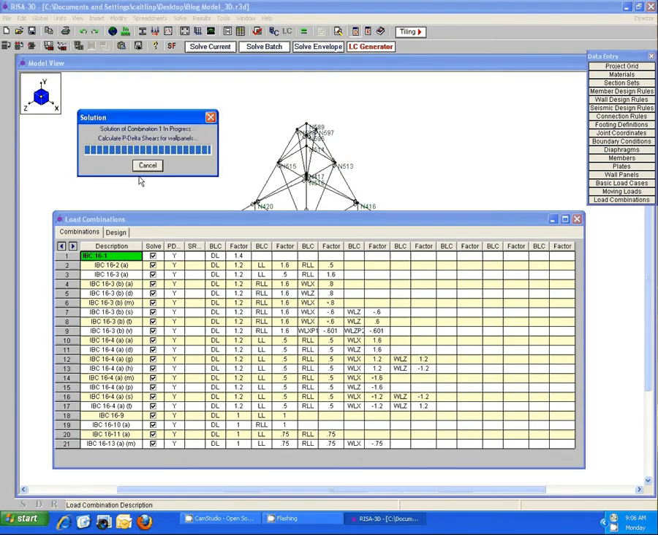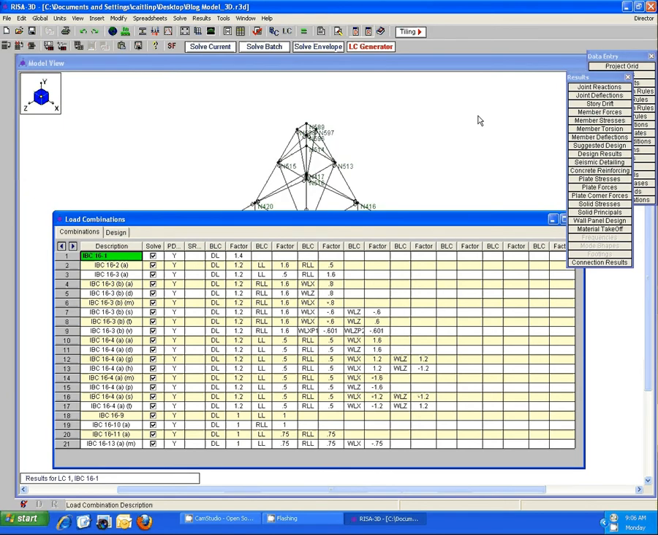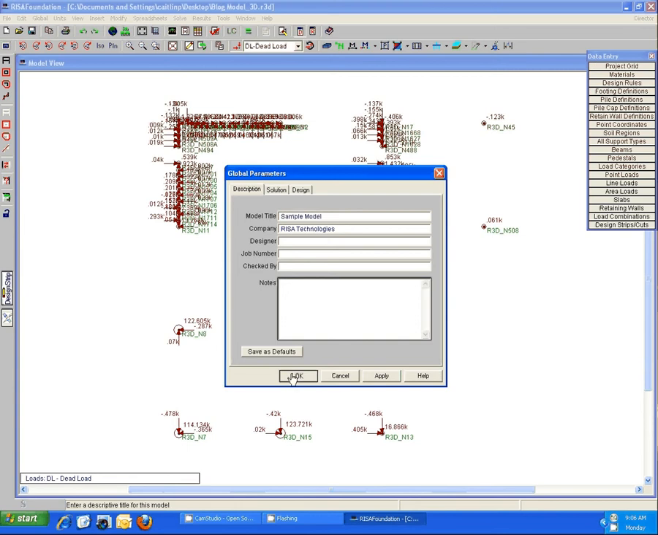And notice I'm just solving one single load combination. In order to carry the loads into RISAFoundation, it's not necessary to run a batch or an envelope solution of all the combinations. Again, that's because we're not carrying over the loads based on load combinations, but rather as the unfactored load cases. So as we go into RISAFoundation using the director tool, we can see that all the load